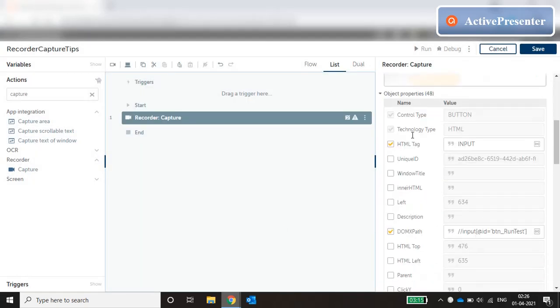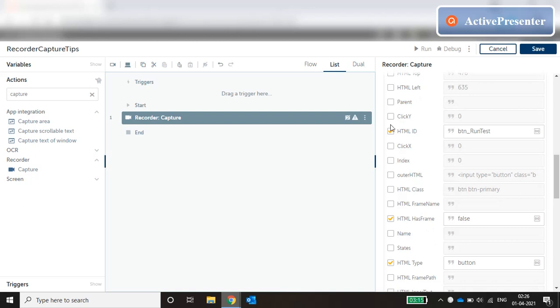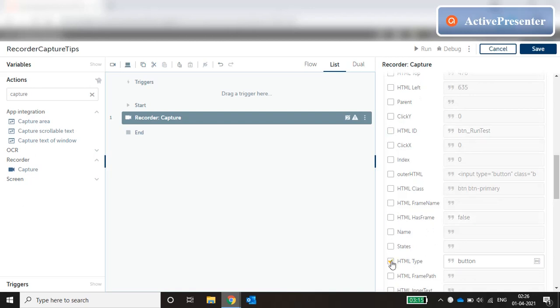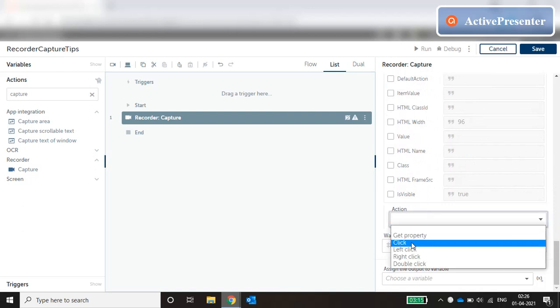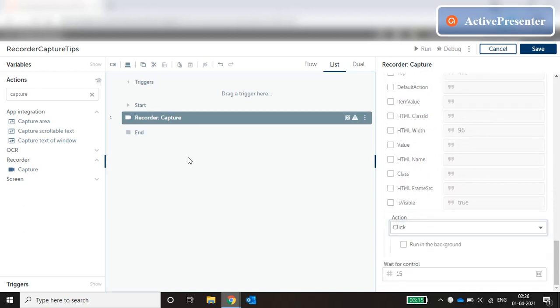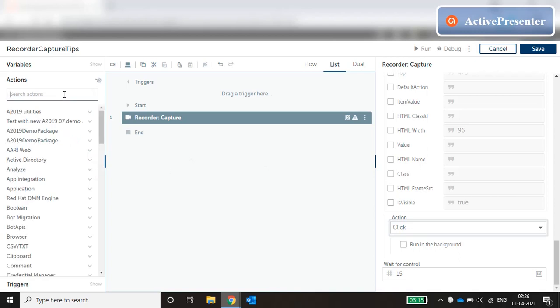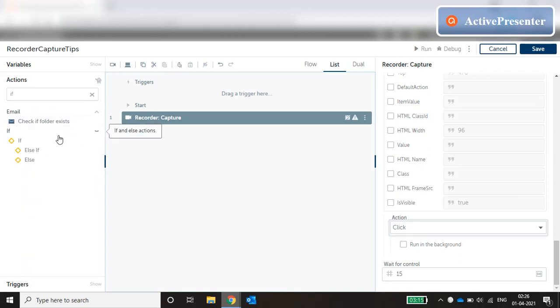Okay, and just go with the input and DOM XPath, and you can just remove everything else. The action can be click. Okay, and now we have to wait for that button to be visible again. So for that we can just put an